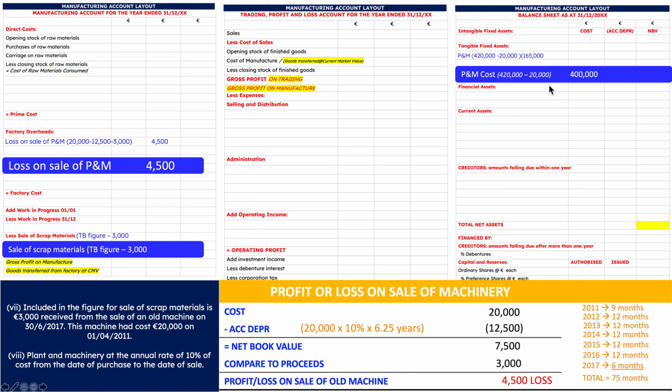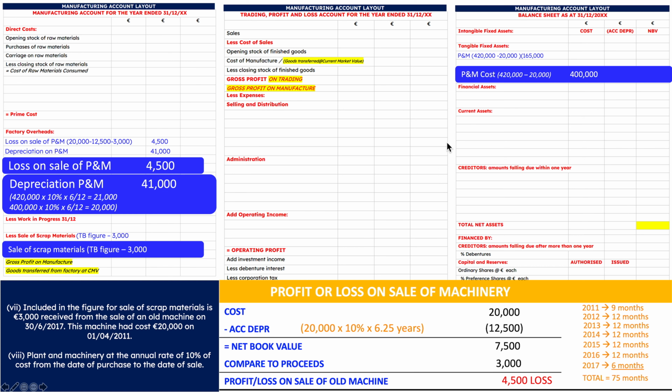Okay, then my cost of plant and machinery, I'm going to take 20,000 away from the overall cost there. So my cost at the end of the year is 400,000. Then I will work out the depreciation on plant and machinery for the year, and I got 41,000. Now, it says plant and machinery at the annual rate of 10% of cost from the date of purchase to